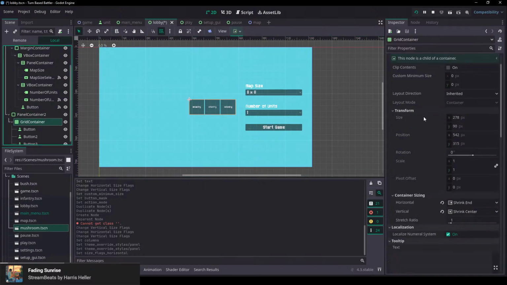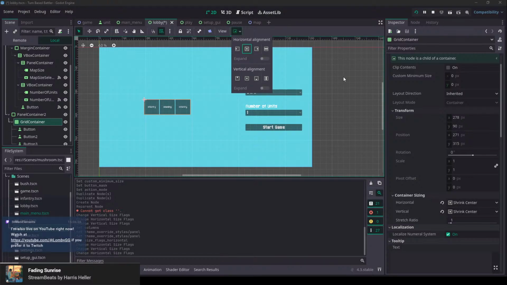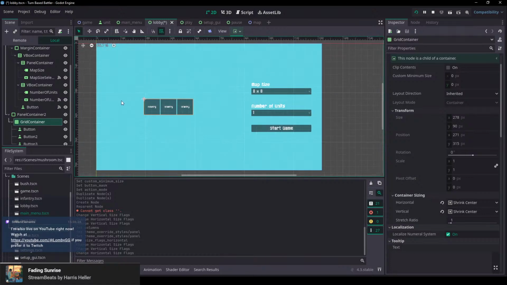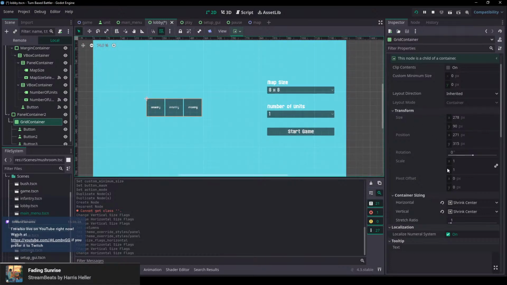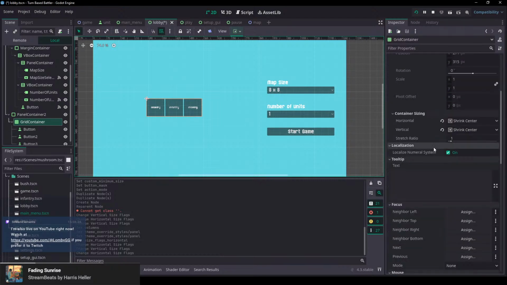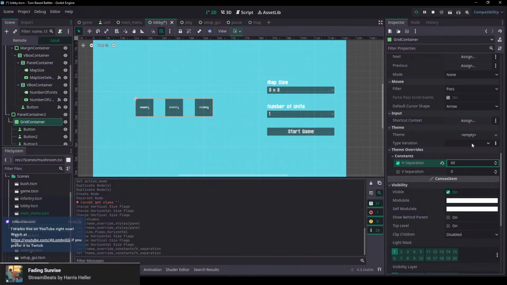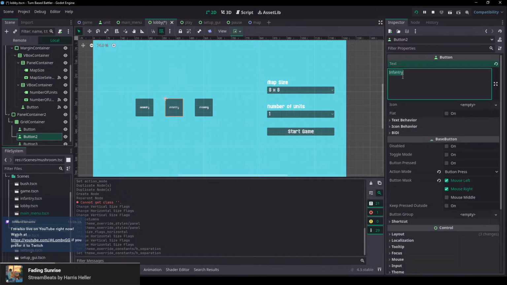Not really. That's what we want. Okay. Don't know how that works, but and then can we add spacing between items? That's got to be here. Horizontal separation, like 60. Yeah, let's try that. Okay, and then